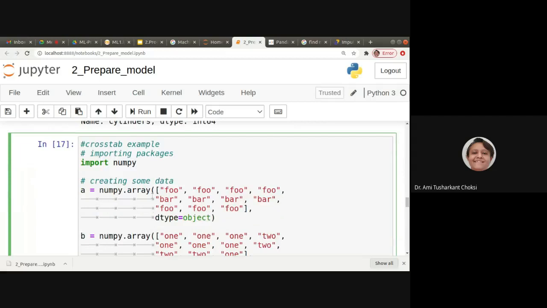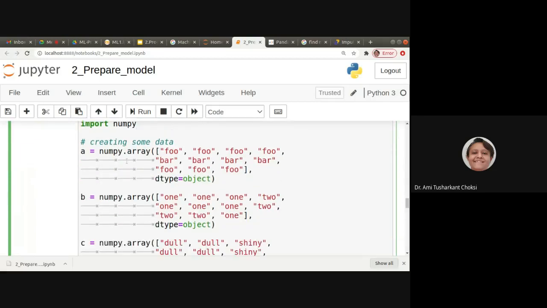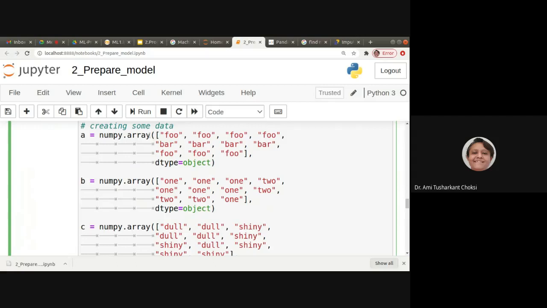Okay, so let us take a very simple example. A is equal to numpy dot array. NumPy is known to you, right? NumPy, numeric Python. For creating the array, typically we are using it, and many more useful functions are available for numerical Python. Almost all numeric operations are available in NumPy. And if we want more for scientific calculations, we'll be using SciPy.